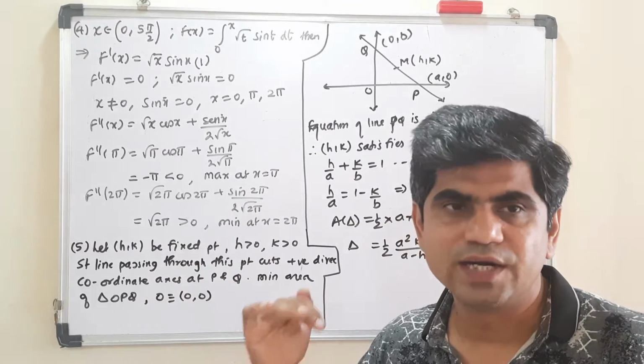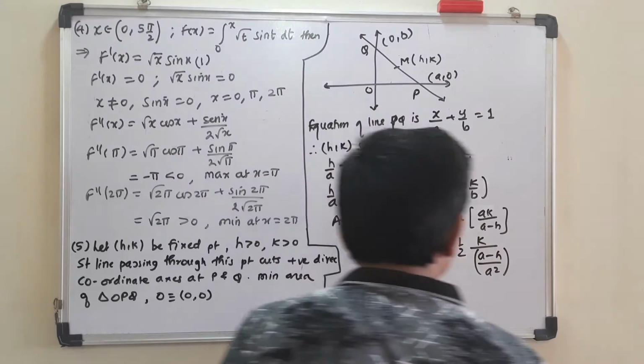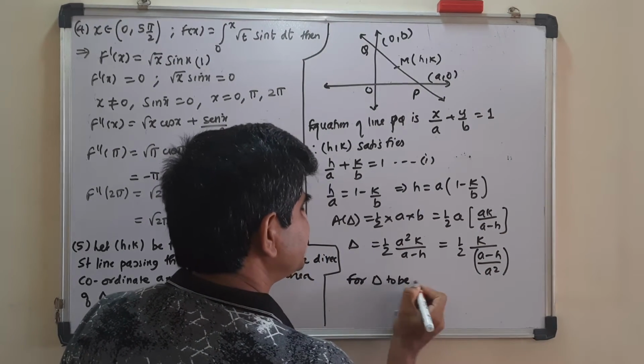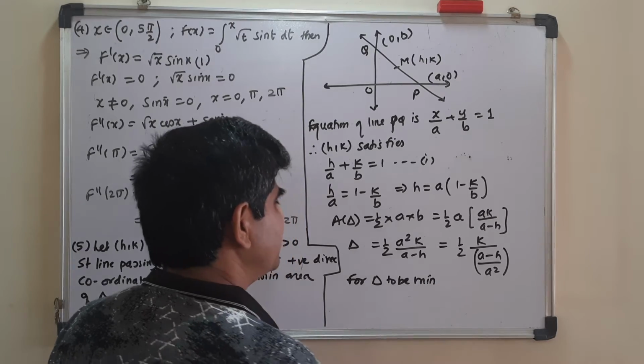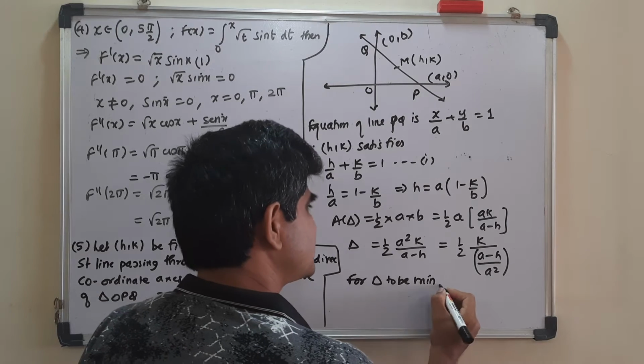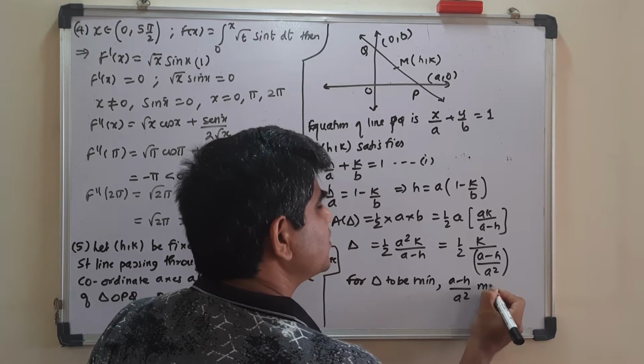It becomes smaller and smaller. That means this particular thing must become maximum. That is, for delta to be minimum, that is area to be minimum, I should get A minus H upon A square